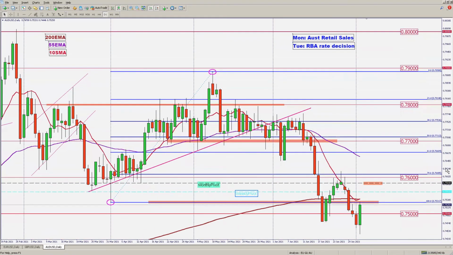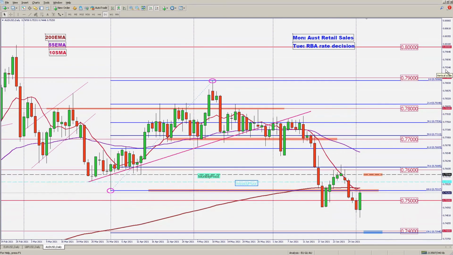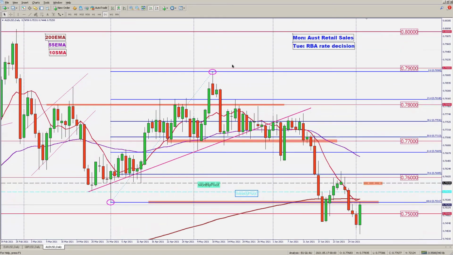Okay, so critical news this Tuesday is the RBA having their policy meeting and their rate decision. Before that, on Monday, there are the retail sales figures. But Tuesday, if there's any change in policy, there could be some movement there. But I think for Tuesday, it's only just the rate statement,